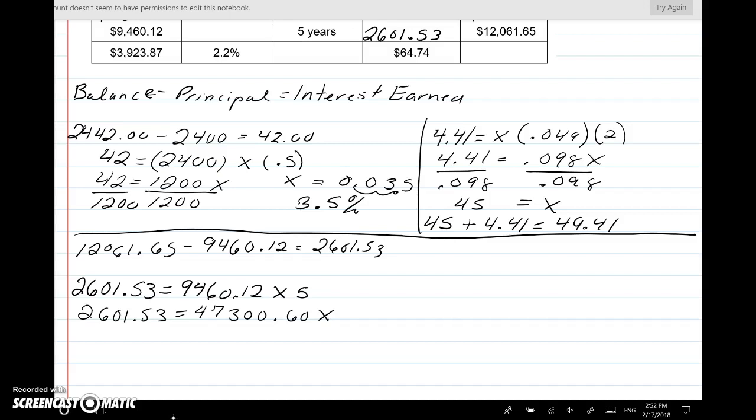Now in your calculators it probably will come up as just 0.6, but remember we're dealing with money, so we need to put that 0 at the end. Divide both sides by 47,300.60, and we get that x equals